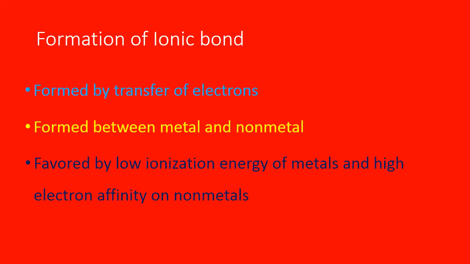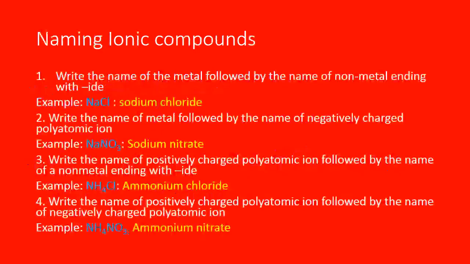And the formation of ionic bond is favored by low ionization energy of metals and high electron affinity of non-metals. So the two factors that affect the formation of ionic bond are the ionization energy of metals and the electron affinity of non-metals. Finally, we'll discuss